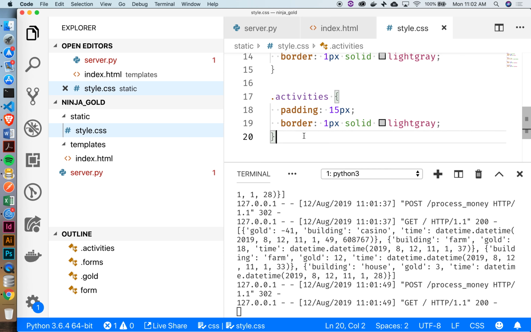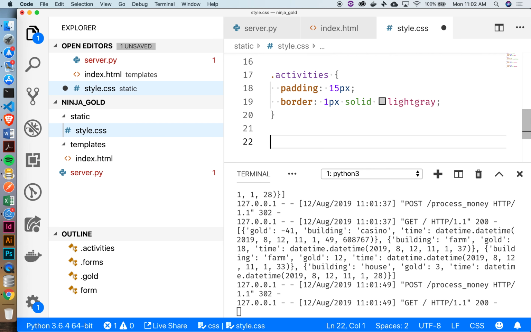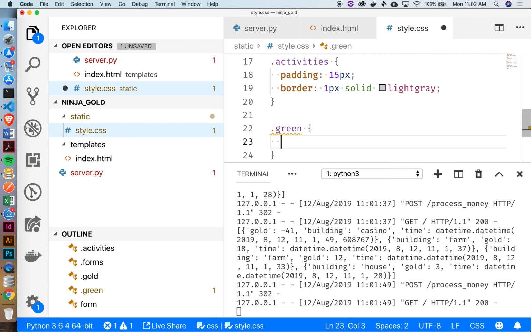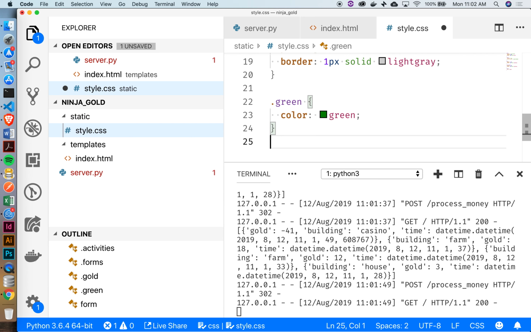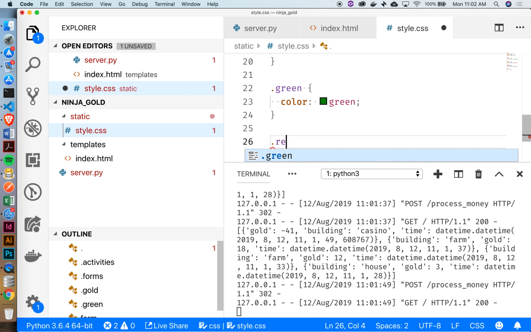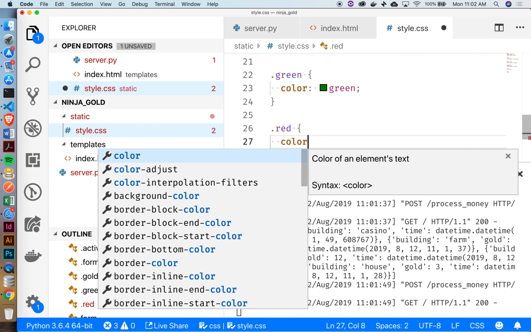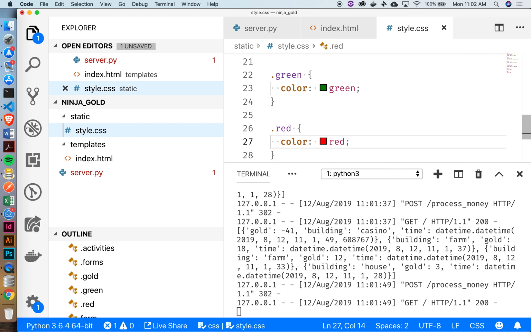To see that, be positive. I earned, yeah, exactly. That's a glass half full kind of thing, right? So we'll say green. I'm just going to create a couple classes here. Green will be color green, and then red will be color red. Cool. All right, so in here,